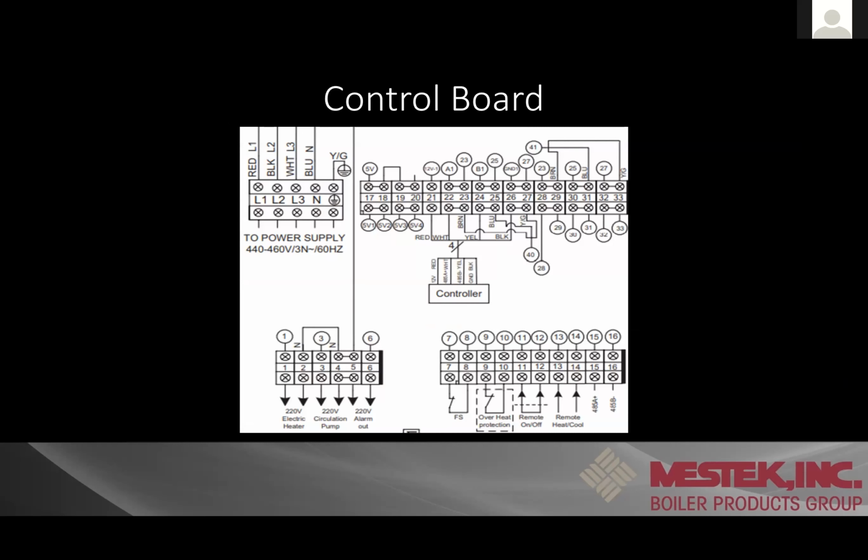Oh, all right. So I'll continue on. Again, I apologize everybody for this. But I just wanted to break out this control board for you. I'm hoping you heard what I was saying about